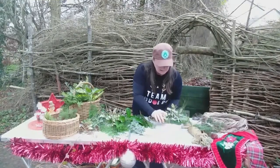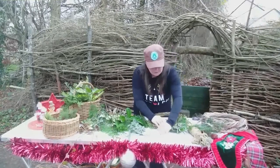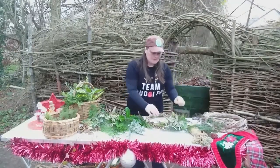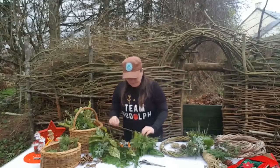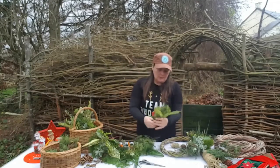So the easiest thing to do is to hold it, put your string over, hold it, pull it underneath and through. Okay? And that's my second dirty tie. I'll do my third one. So, last little section. Greenery, bit of lushness,